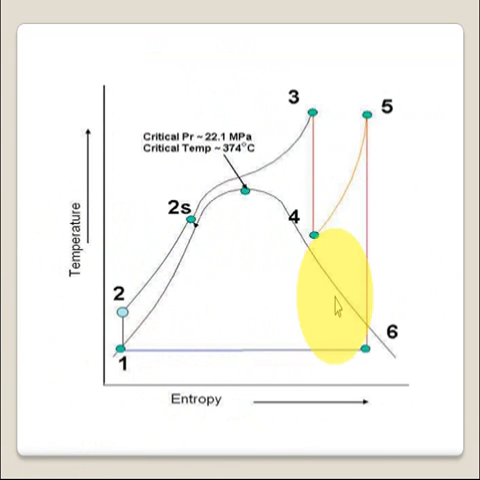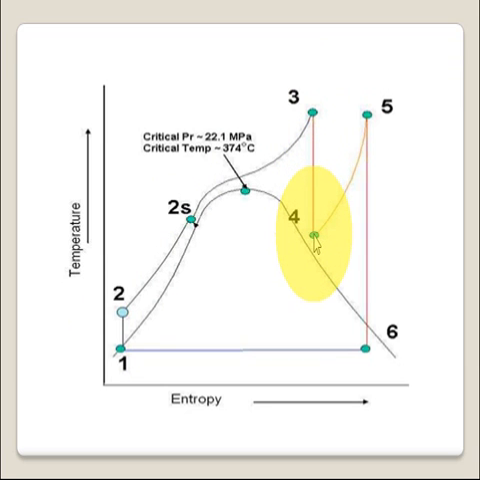This is a simple Rankine cycle on the temperature-entropy plane. In this, 1 to 2 is the pumping process. The feed pump supplies the water, increasing its pressure from condenser pressure to boiler pressure. Then 2 to 3 is heat addition in a boiler, and 3 to 4